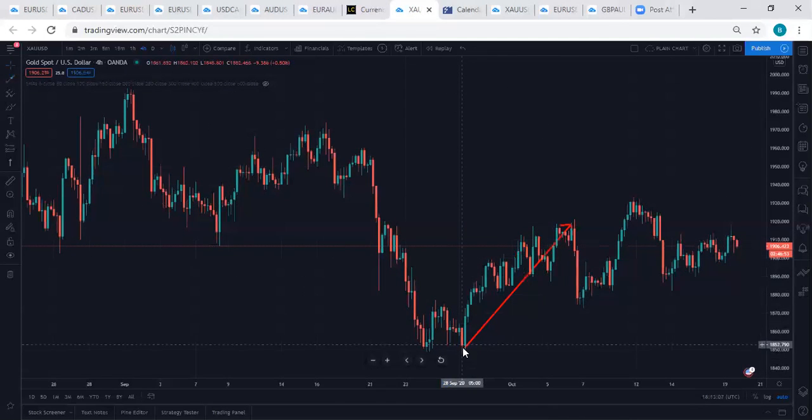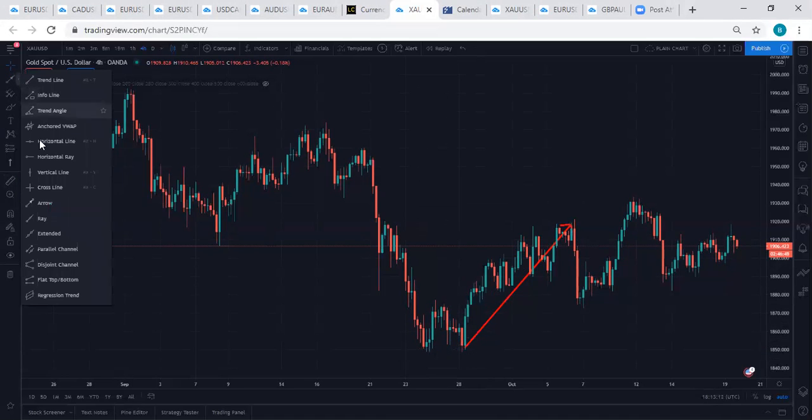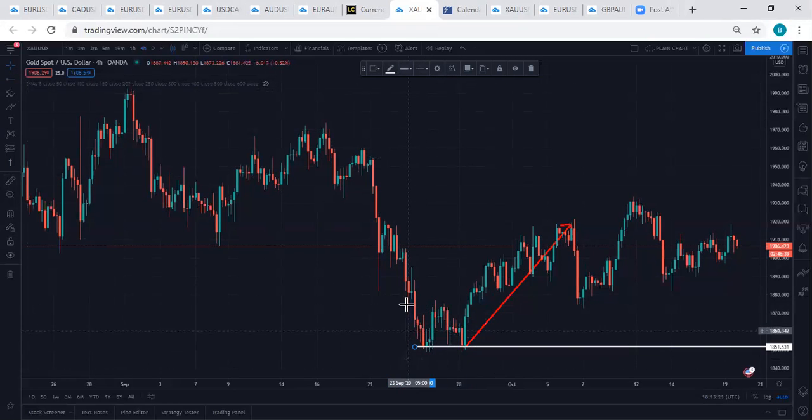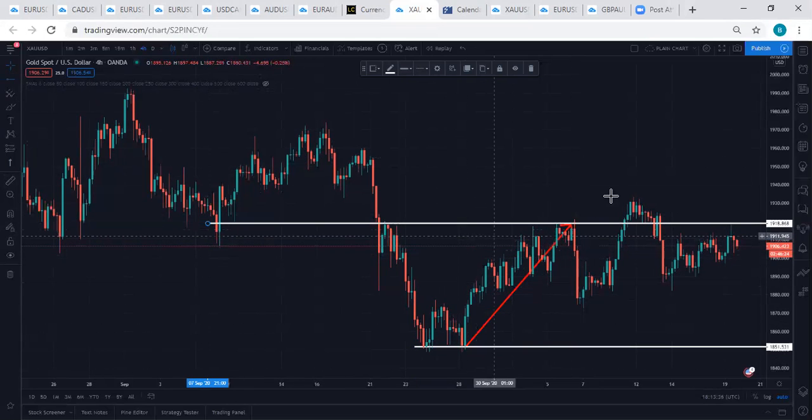So you can see this is a support, if you agree with me. This is a support, what I taught you guys. This is a support in the market. Why is it a support? It hit it, could not continue down, went up, came back, hit it, could not continue down, went up. Then this is a resistance where the market stops buying and started selling. This is a resistance. You can see how the market hit it.